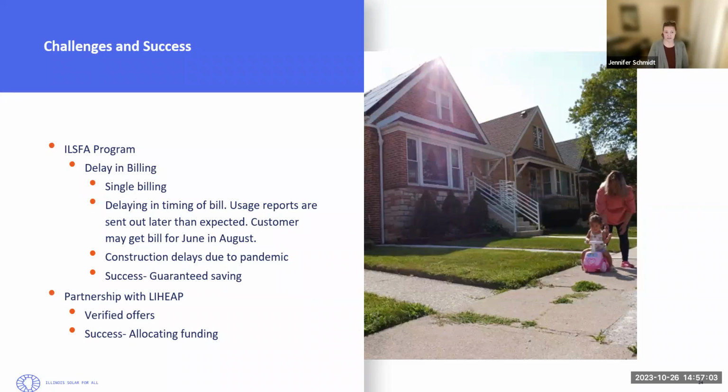Some challenges and successes that we've seen. So one issue that we didn't put on here is Illinois Solar for All opened in the summer of 2019 and was really kicking off in 2020 when the pandemic hit. So we've just had a lot of delays in projects actually being built. We are approving projects just fine, but there's been a delay in projects that are actually coming online and serving customers. So we've approved, I believe, 21 community solar projects so far, but to my understanding, only 9 of them are built and serving customers so far.